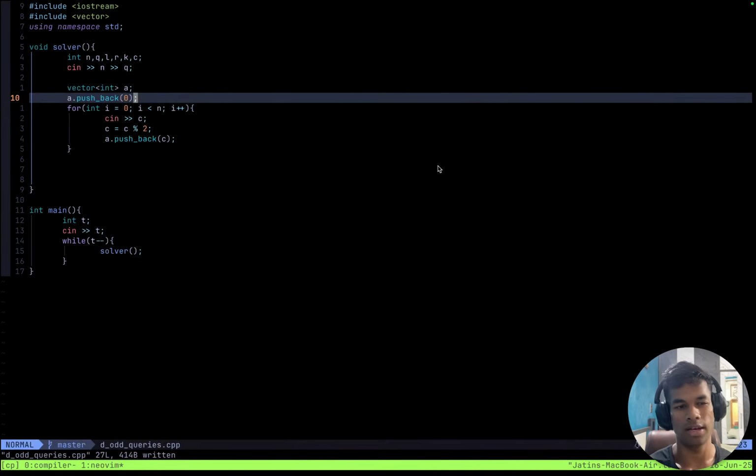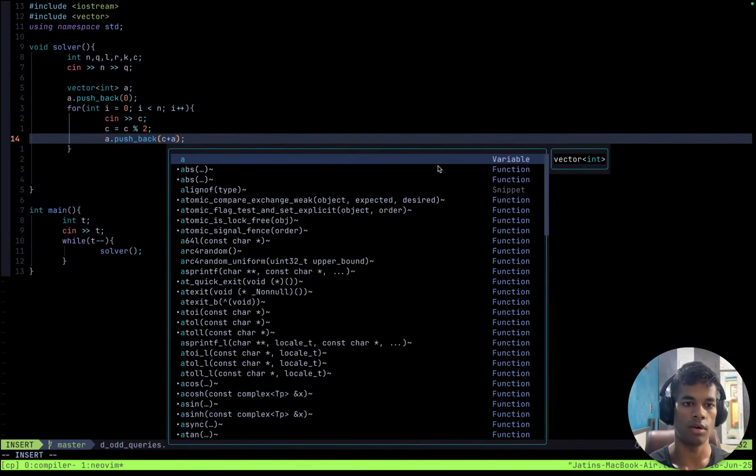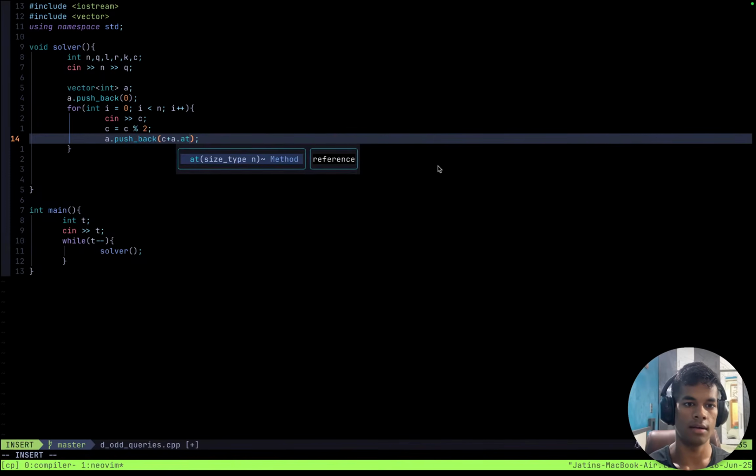That is cool, right? And the next element would be equal to c, the current element, plus whatever was the last element, so a.at